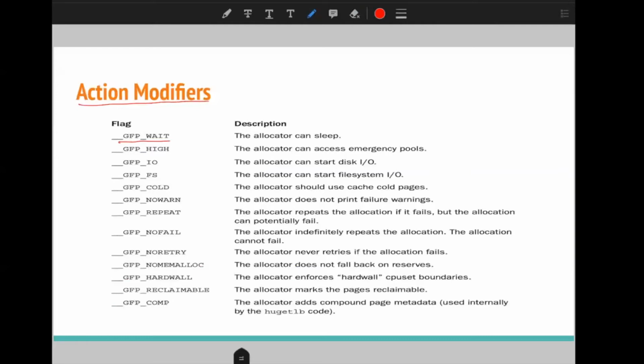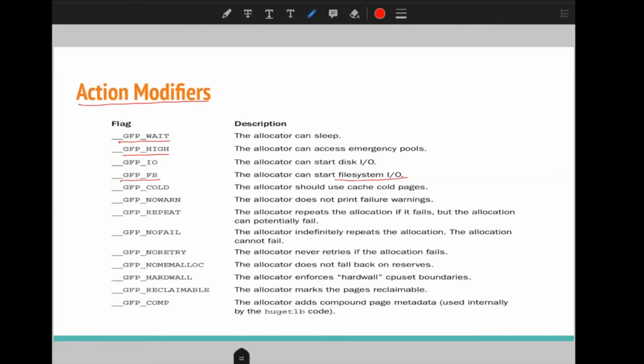Similarly, GFP_HIGHMEM tells the allocator that you can allocate memory from the high memory region. And GFP_FS tells that when you are allocating the memory, you can start a file system IO operation for allocation of the particular memory. Similarly, we have different other flags.